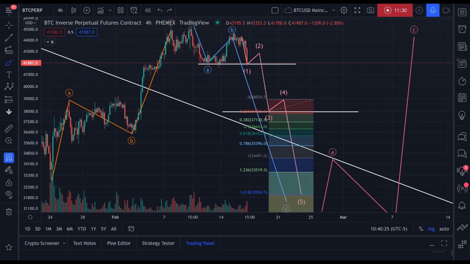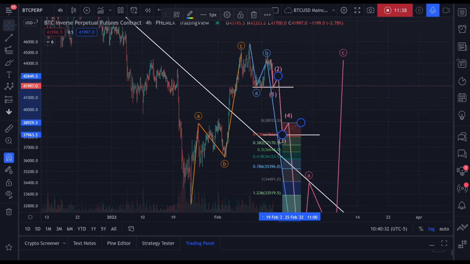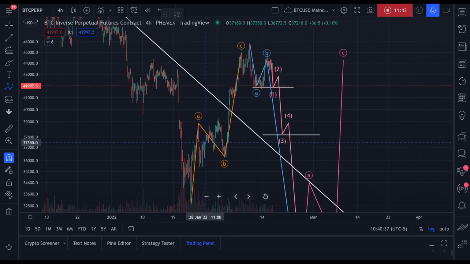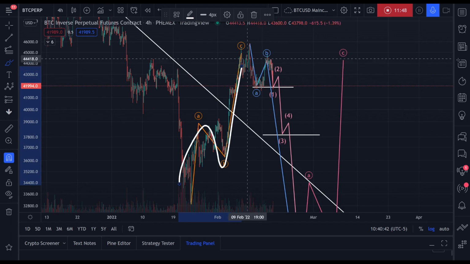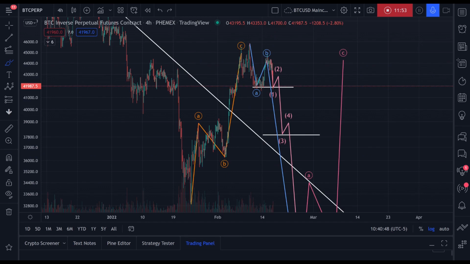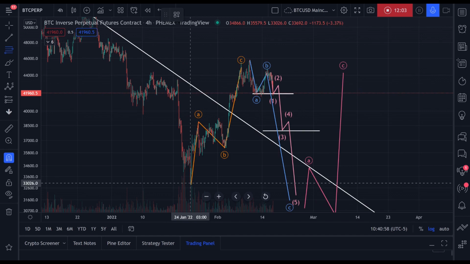However, what do we know about flat corrections? Let's zoom out for a second. If the whole party were to stop at 36K, would that be a viable B wave? We know that according to Elliott wave theory, this is an A wave. Whoops. This is an A wave, 3 waves, right? What comes after A? B. We need a B wave. It's a flat correction. We know that the flat correction has to end at minimum between the 786 and the 1.6, at minimum at the 786 of the A wave.